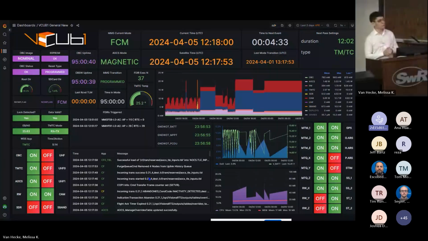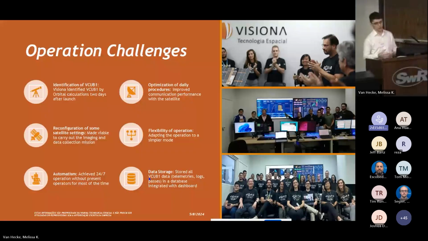Okay, talking about some of the operational challenges faced by the team throughout the operation of the satellite. First, the main challenge we were presented with was the identification of the mission, because it took up to 2 days for the operation team to correctly match the TLE orbital elements with the antenna TLE, so we could get good link usage with the satellite, followed by the optimization we had to perform on daily procedures, which had